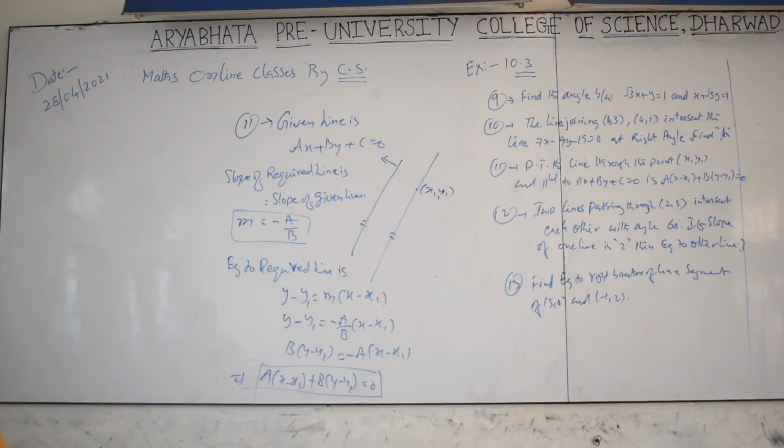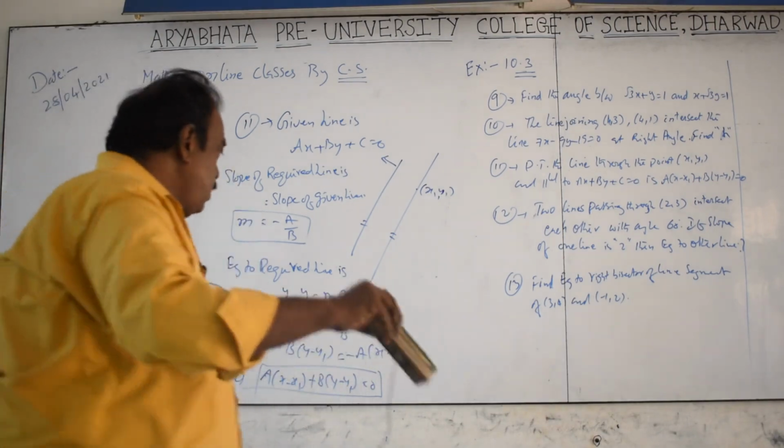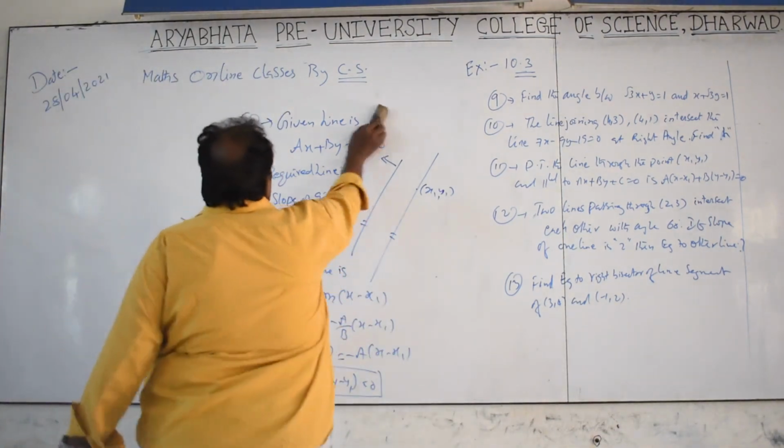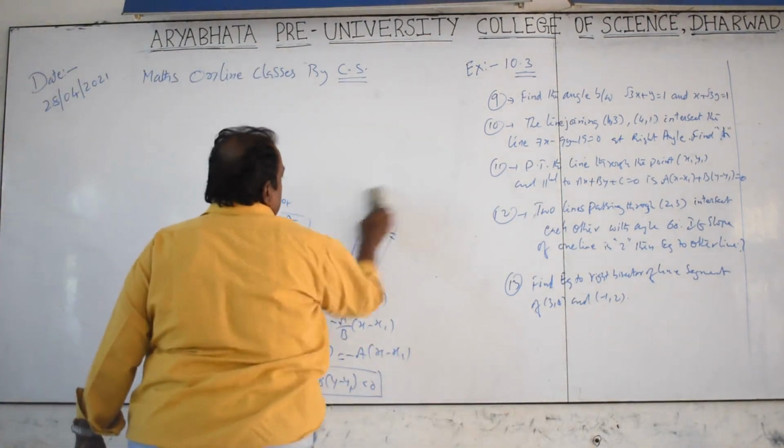A fantastic concept, a very good lengthy problem. You have to slowly learn it. You see, in our textbook, the slope of the first line is 2. We have to find the equation of the other line. Observe me. It is a lengthy problem.